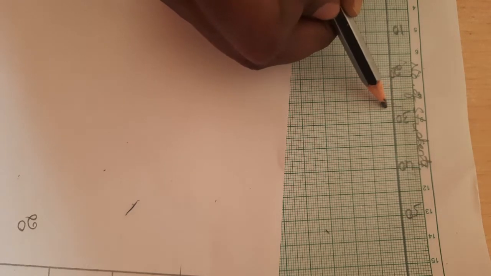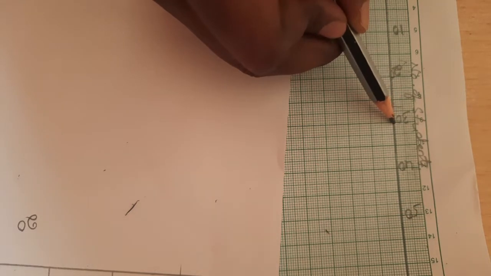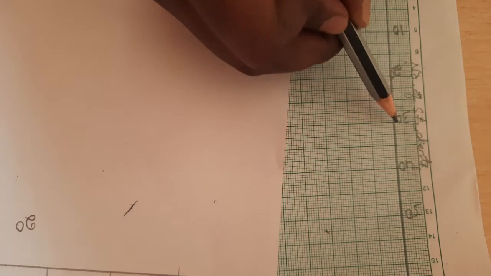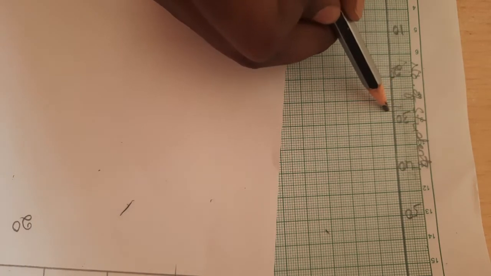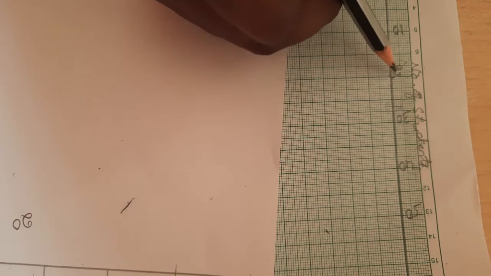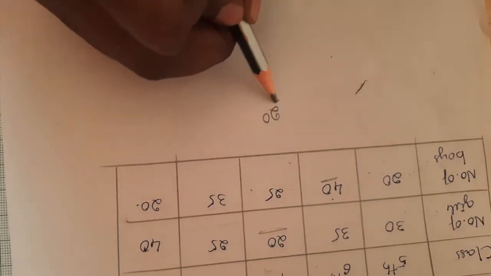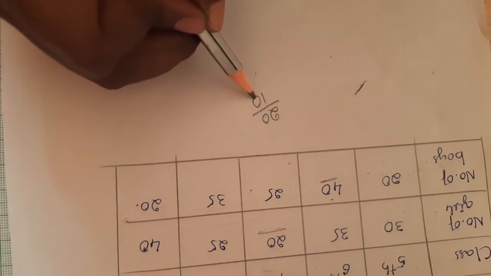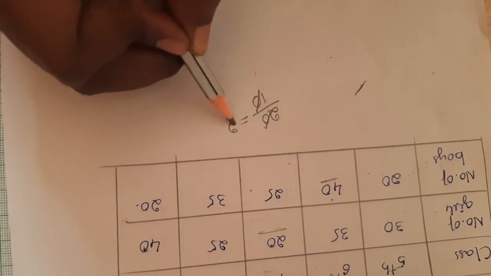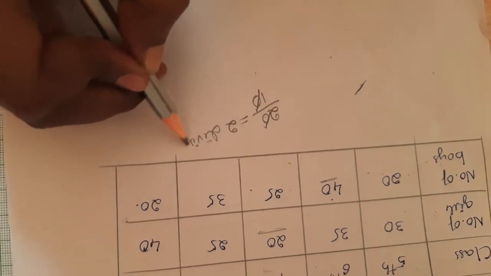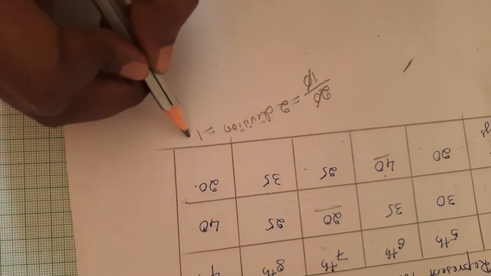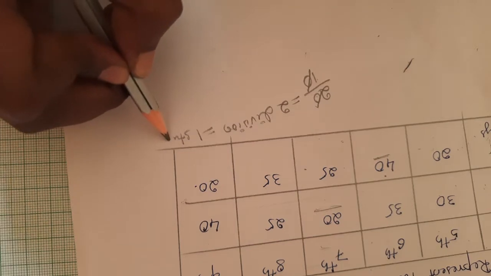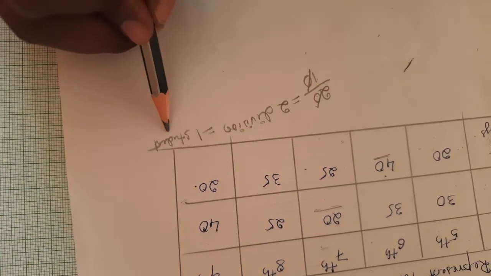30 will come here. Is this right? We have mentioned 30 here, but according to this, 30 is lying here. Is it right? No, it is wrong. So how to divide? I'll tell you. In 20 divisions, you have to mark 10 numbers. So for 2 divisions, 1 student comes. Yes, 2 divisions make 1 student.